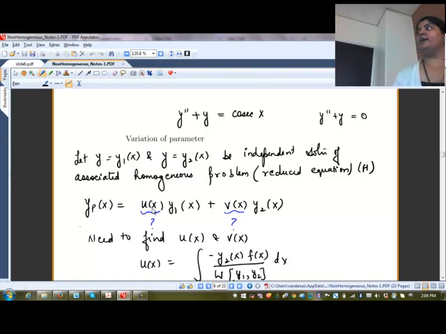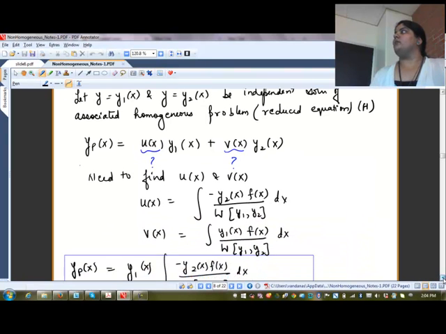Because if it doesn't depend on x, if it's like a constant times y1 plus a constant times y2, it is just a solution of the homogeneous problem, right? But we want a particular solution of this non-homogeneous problem. So we insert functions depending on x, and then we plug this entire expression back into the non-homogeneous problem,